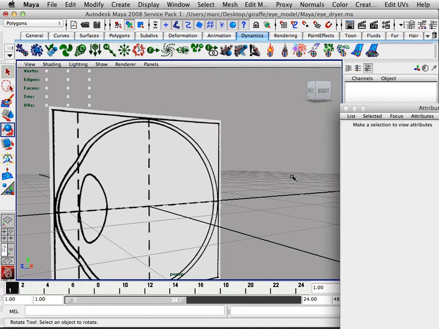So if I right click, you can set an image here. Once you've done that, it brings up